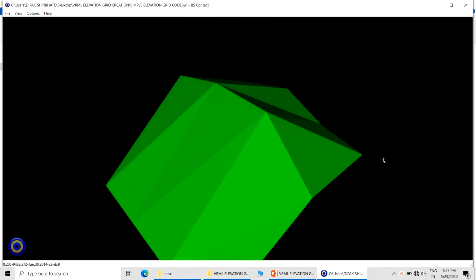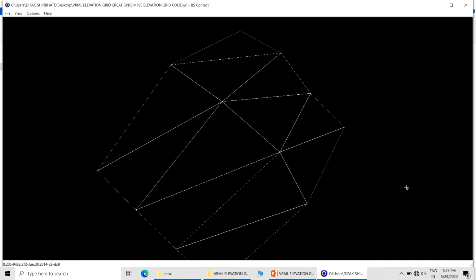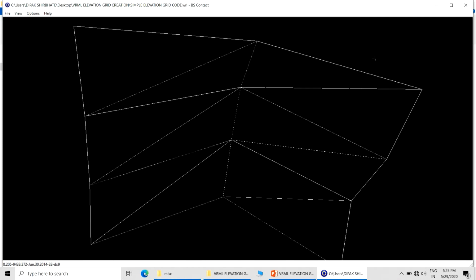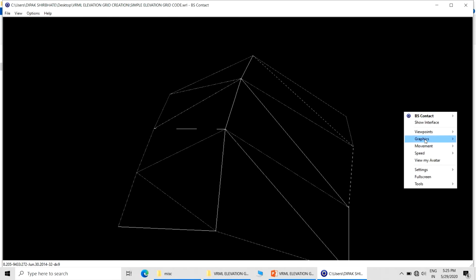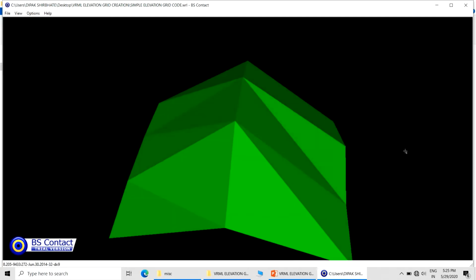So this is called an elevation grid. This is a very simple and good example of an elevation grid. It is a planar surface which is given heights at different points, different vertices, which forms the elevation grid. With some programming, we can control the heights and we can have animation in the elevation grid.